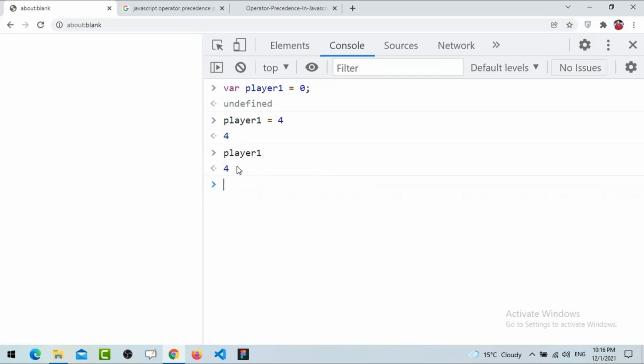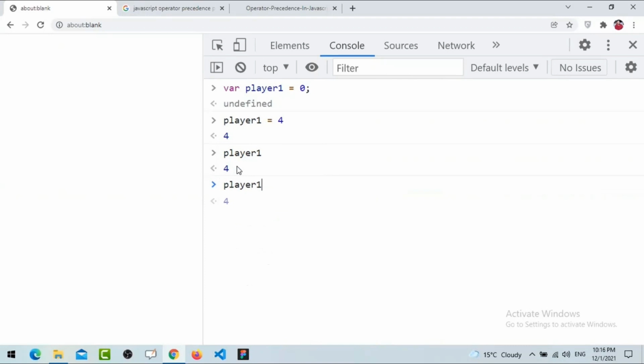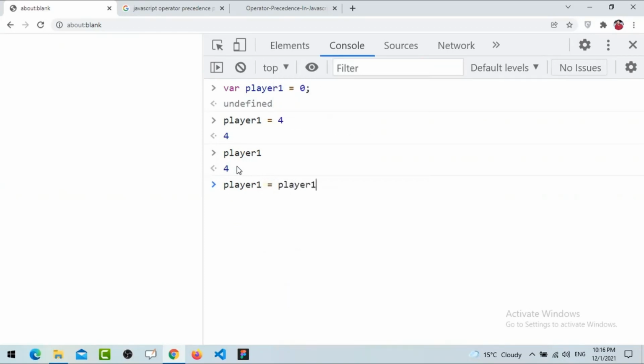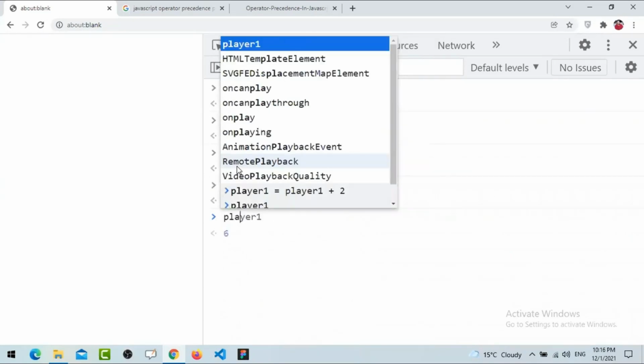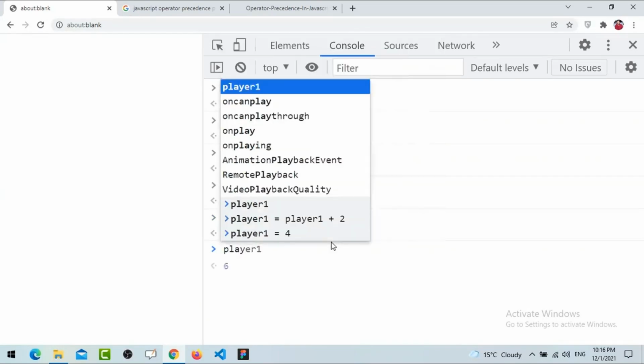You can take player1 is equal to whatever value is there in player1, plus, add something, like 2 runs more. So the updated value is 6. Instead of writing player1 = player1 + 2, what we can write here is player1